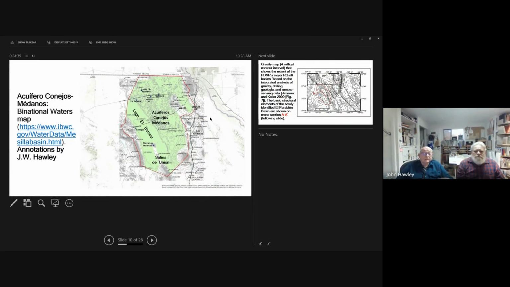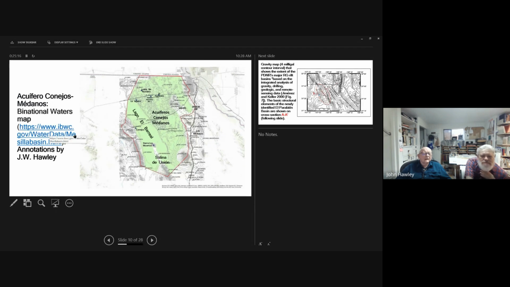This is one of the contrasting things: once we cross the international boundary, we have a white map, or what one of my colleagues calls the white. In the United States, we have our own classification, and then once we cross the border, we switch from an Anglo-centric to a Mexico-centric view of the world. And so we have the Acuífero Conejos Mendoza.